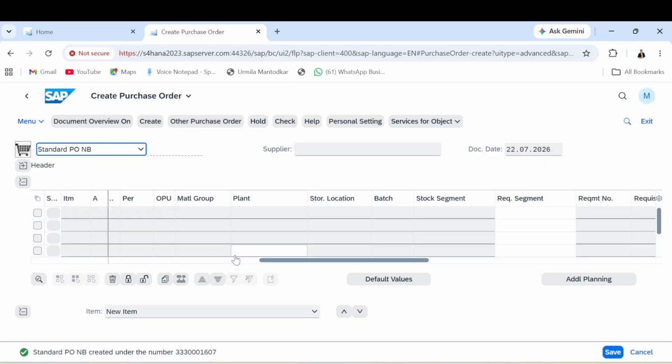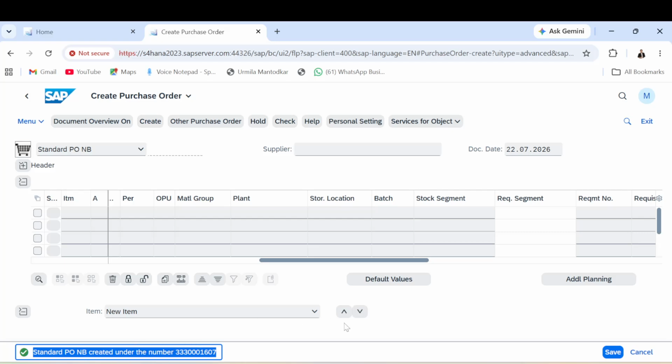Just save from here. So like that, the purchase order is created. So here you can see the purchase order is created. Like that, you can create a purchase order with the help of that Fiori tile or Fiori app. The same purchase order you can see in GUI also, right? As the database is the same for both, we can see that same purchase order in the GUI as well as in that Fiori tile, right?